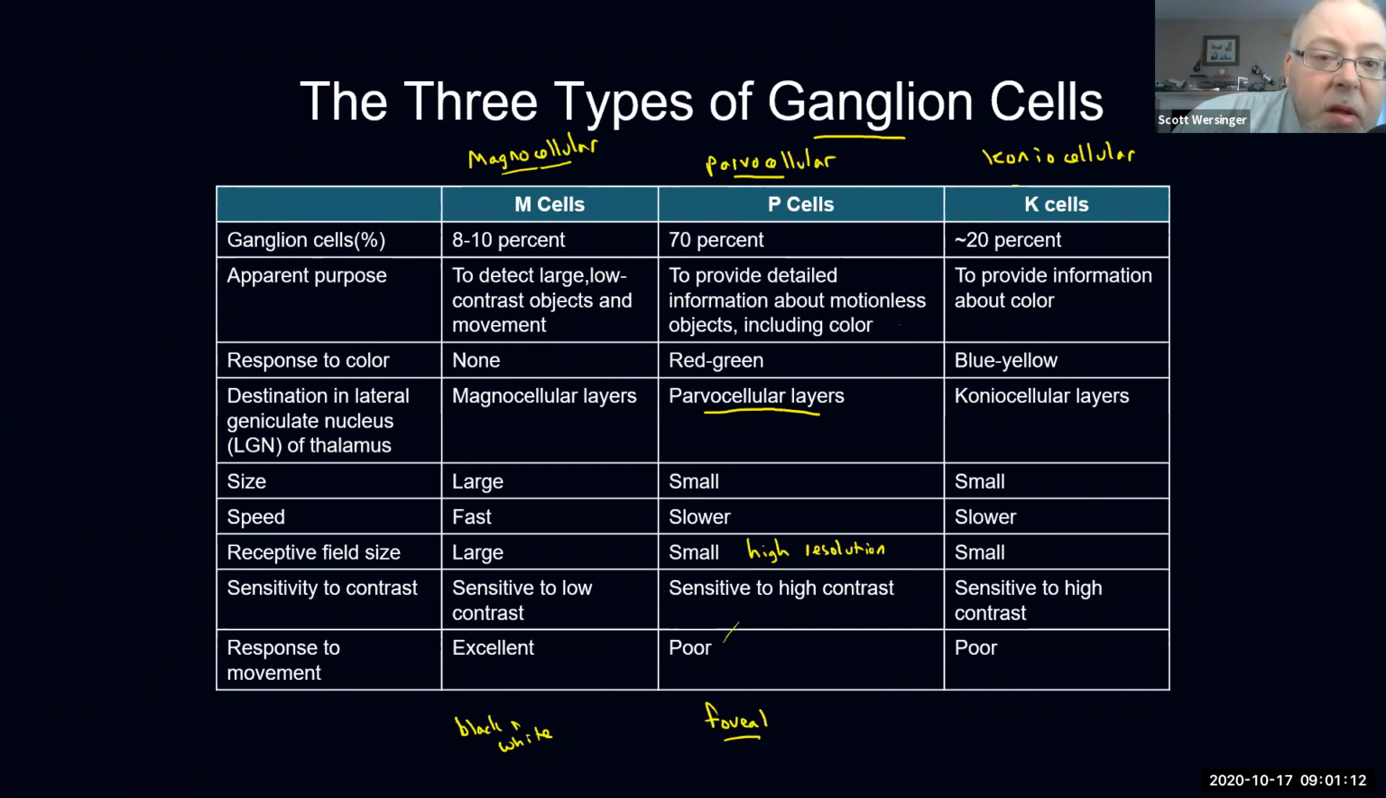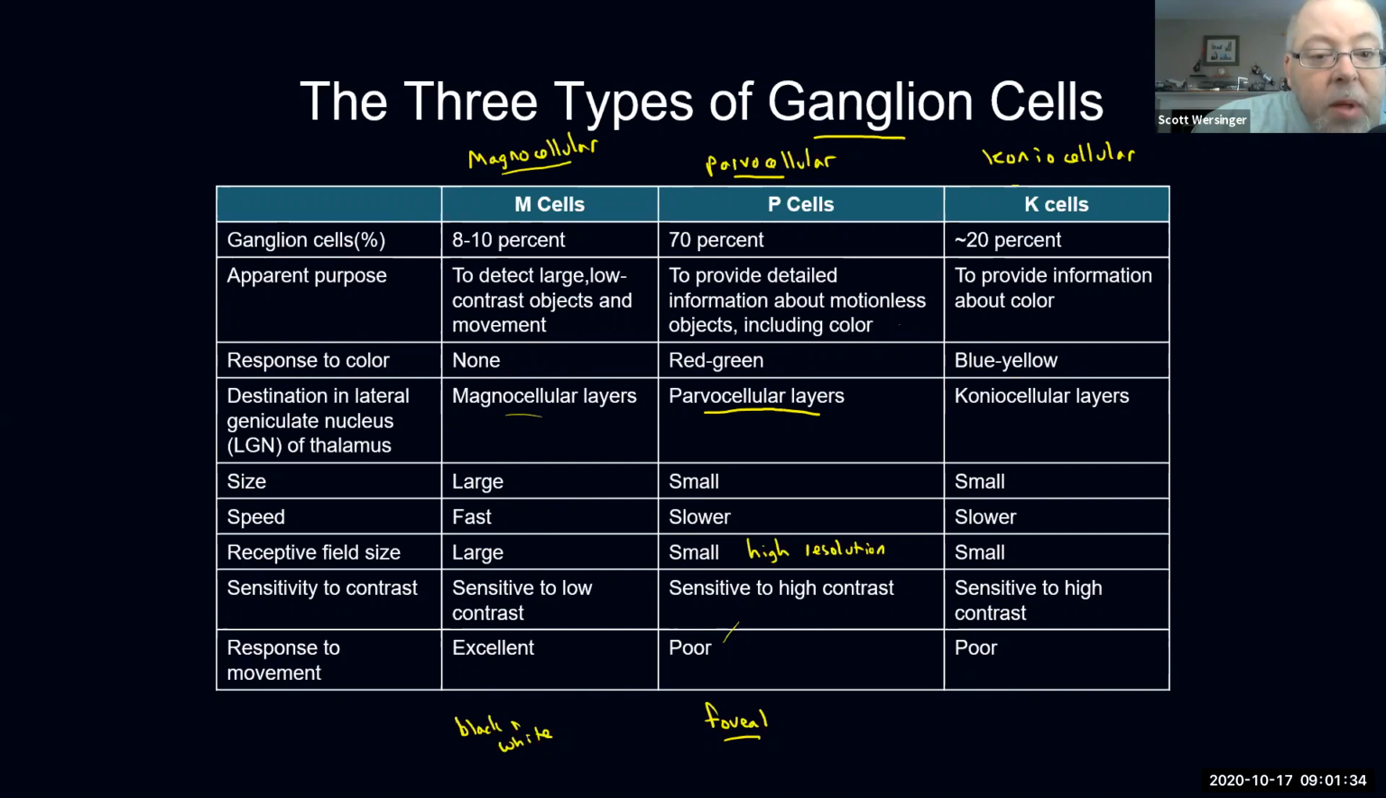The magnocellular, these are going to detect large, low contrast objects and are important for movement. Okay, these don't respond to color. These are going to go to the magnocellular layers in the LGN. When you look in the retina, these are large cells. Now, because